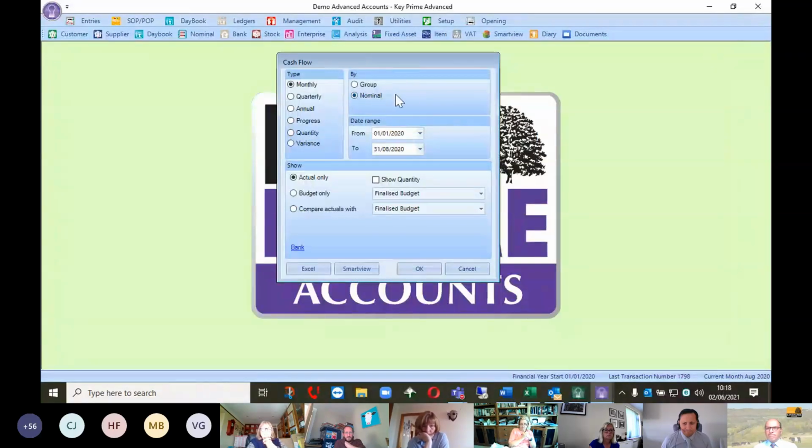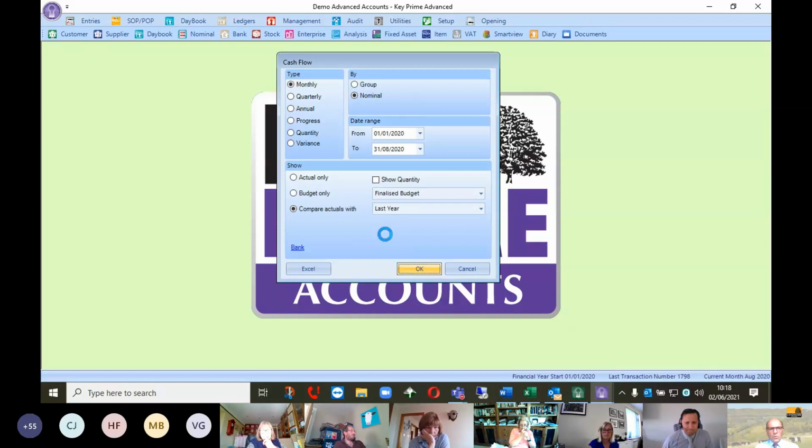We'll just go back to nominal because that helps us. Now, down the bottom here, we've got some different options. So we've got monthly, and we can report just for our budget only if we've got a budget, or we can compare our actuals with a budget. And if you aren't budgeting, no problem, you will have last year down in your drop down, provided you've been going more than 12 months. So if we just have a look at that one,